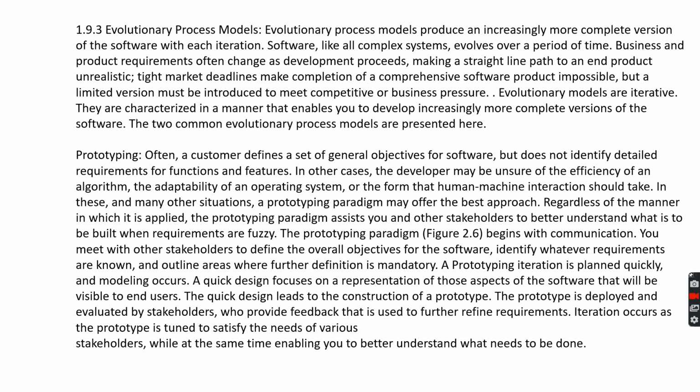Evolutionary models are iterative. They are characterized in a manner that enables you to develop increasingly more complete versions of software. So let's see what evolutionary process is basically about. This is an introduction to evolutionary process. What basically happens in an evolutionary process model is a customer defines a set of general objectives for software. So previously itself a customer has a set of ideas that a model should be of this form. So a customer already defines a set of general objectives for software, but does not identify detailed requirements for functions